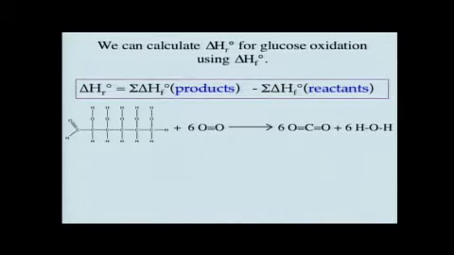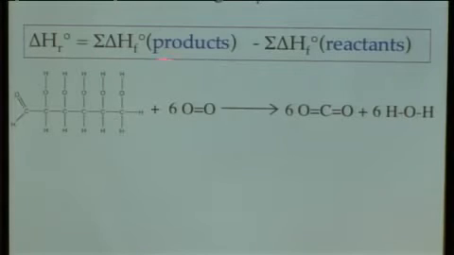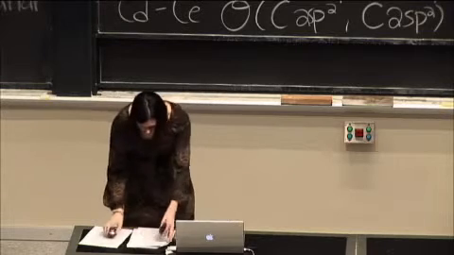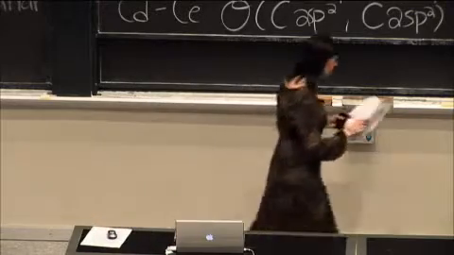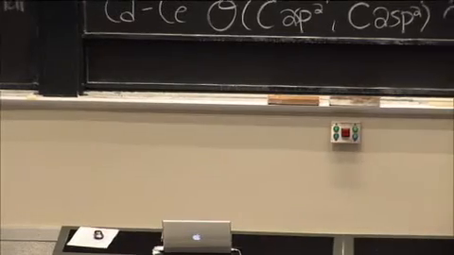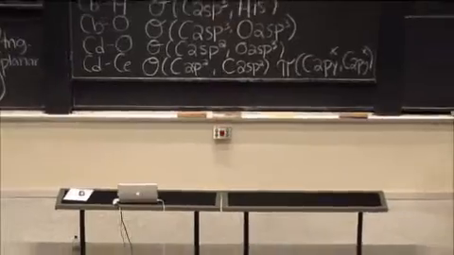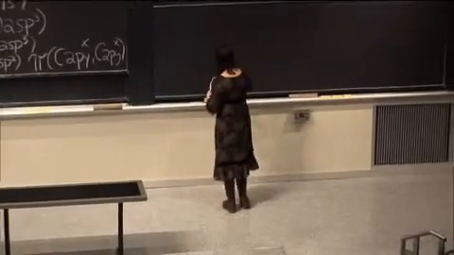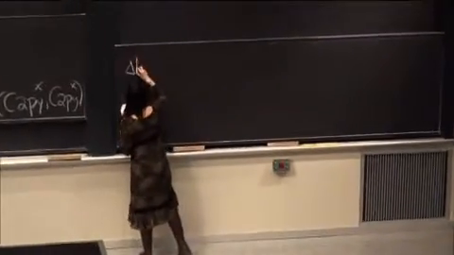So if we're going to calculate the delta H for the reaction for the oxidation of glucose, or actually for any reaction at all, what we want to do is take the delta H of formation of the products and subtract from that the delta H of formation of the reactants. So let's go ahead and do that. And in terms of talking about the oxidation of glucose, if we talk about delta H of this reaction,